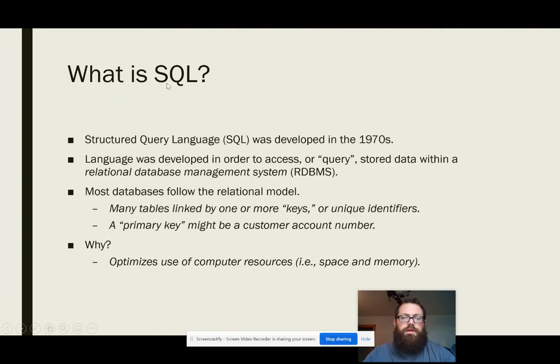So SQL, and I know there are two camps of pronunciation on this. I personally say one way, others say another, but SQL is an acronym for the Structured Query Language, which was a language developed in the 1970s. So it's been around for quite some time. And the purpose of the language is really to access or quote unquote query stored data within a